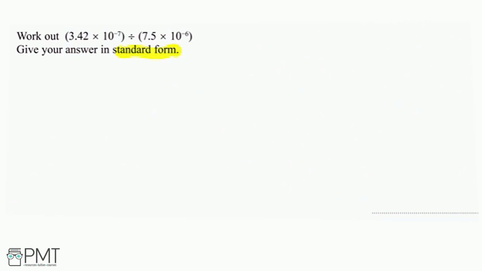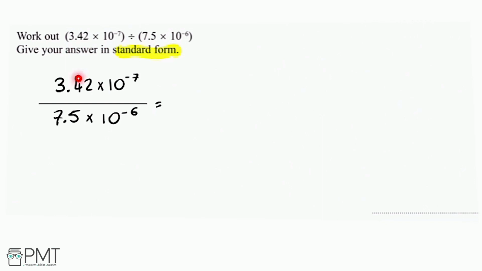Now I sometimes find division easier to visualize as a fraction. So that's how I'm going to write it out. So we've got 3.42 multiplied by 10 to the power minus 7, and that's divided by, because writing it as a fraction like this is the same as saying this essentially, 7.5 multiplied by 10 to the power minus 6 on the denominator. So if we deal with these parts first, we're going to do 3.42 divided by 7.5. If you put that into your calculator, we get out